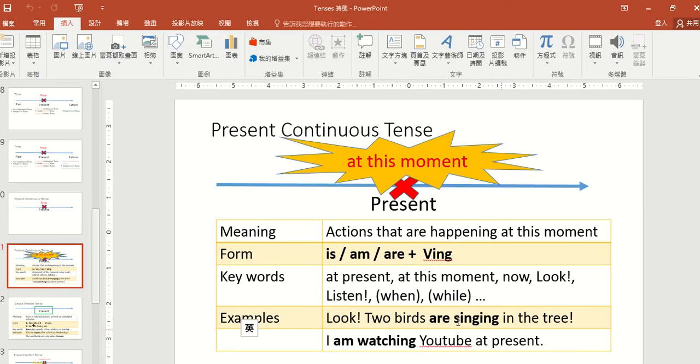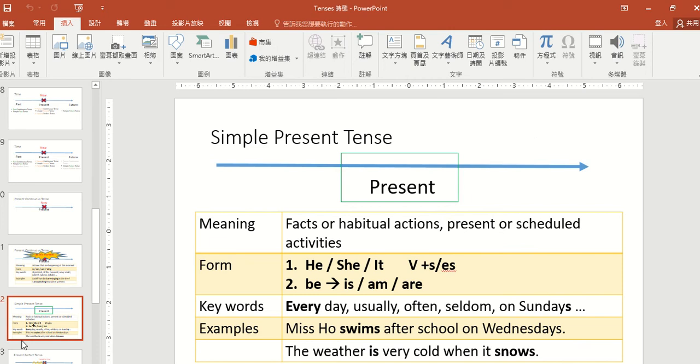These are some of the examples. Look, 2 birds are singing in the tree. I am watching YouTube at present. And then the other one would be simple present tense. So the meaning is when you talk about facts or habitual actions, present or scheduled activities, then we will use the simple present tense. The form would be he, she, it plus the verb s or es, and then